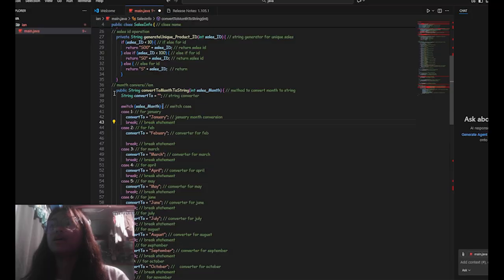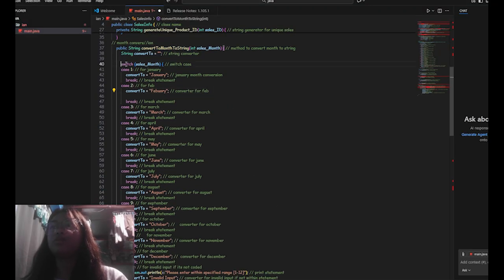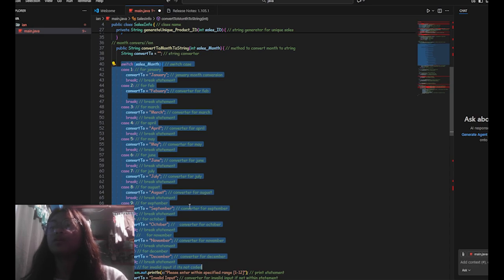Next is the public string convert month to string with int sales month. This is to initialize an empty string to store the month's name. Next, we have the switch statement, which decides which month name to use.